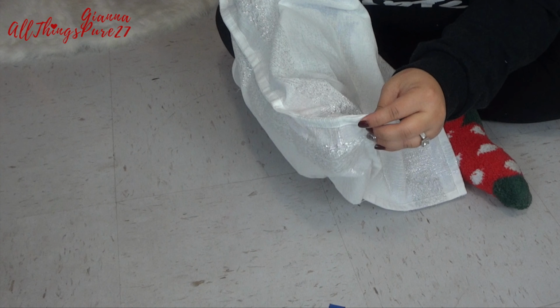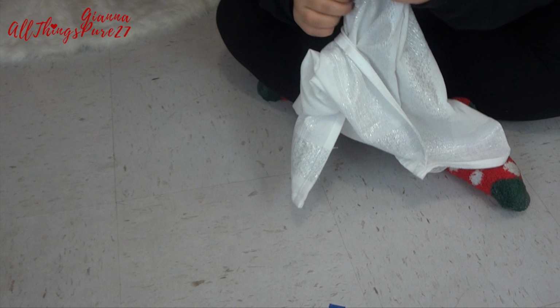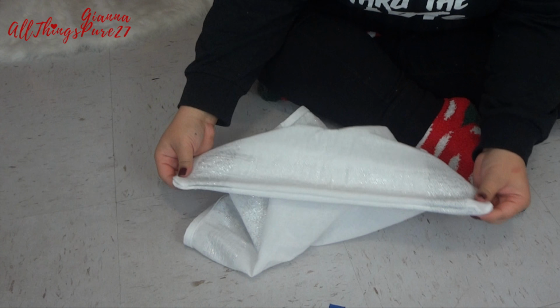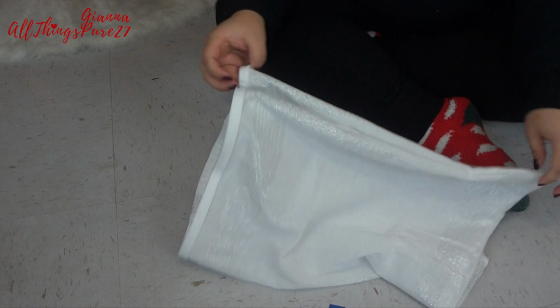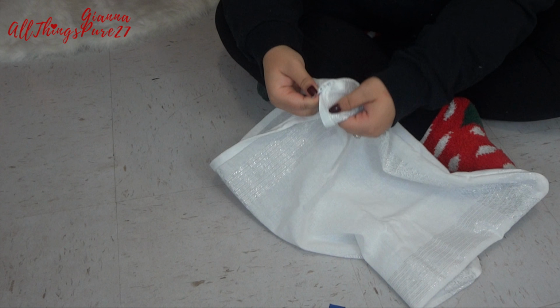Now all you want to do is turn your cushion cover inside out once again, and once you close the zipper, you'll see that the cushion cover looks so nice, so perfect, and it only cost me, let's see, $5 for 4 pieces of fabric, so that's $2.50 each cushion. Then the zipper was like $2 each. Literally, this is going to be like $5 a cushion cover, which is pretty amazing in my eyes,